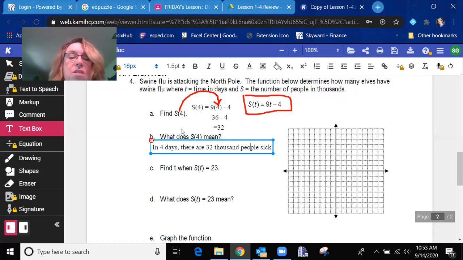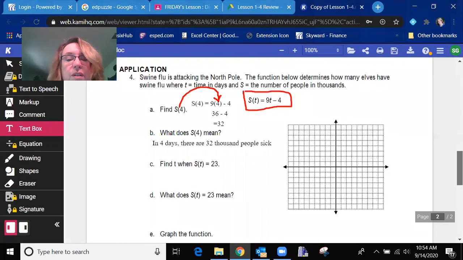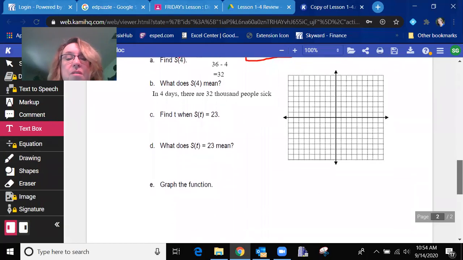Yes, these are numbers, but if this is the model of something, then those numbers mean something. So the 4 is counting the days, and the 32 is people in thousands. So that's a lot of sick little elves. Okay, now this is find T